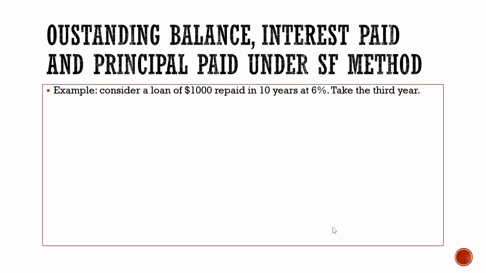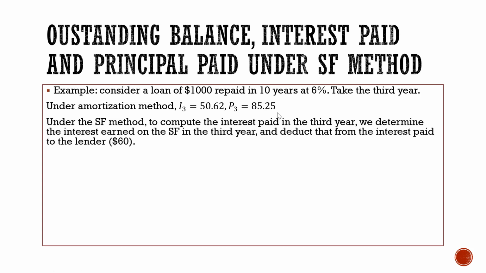Outstanding balance, interest, and principal paid under the SF method. Consider a loan of $1,000 repaid in 10 years at 6%. Take the third year. Under the amortization method, the interest during the third year is 50.62 and the principal paid in the third year is 85.25. Under the SF method, to compute the interest paid in the third year,